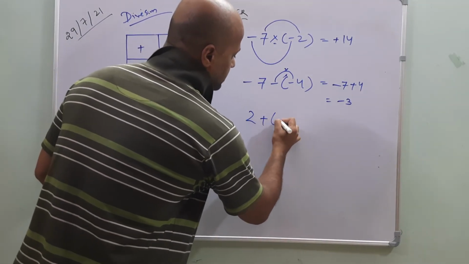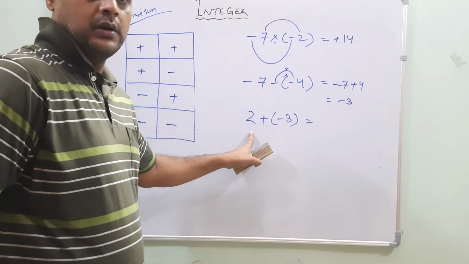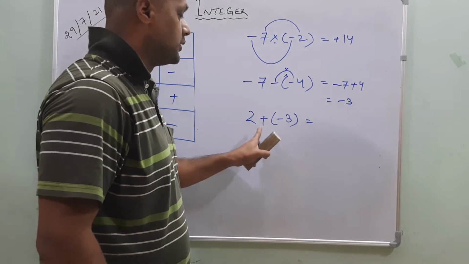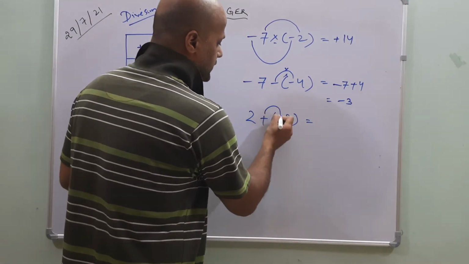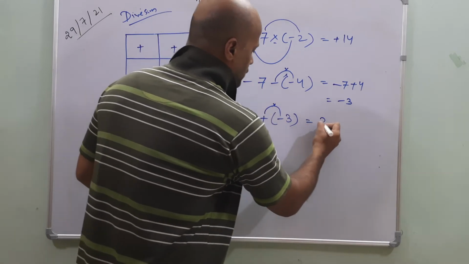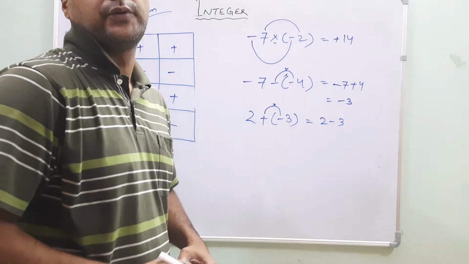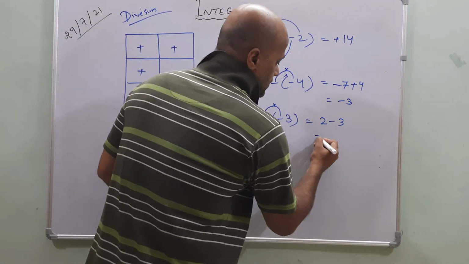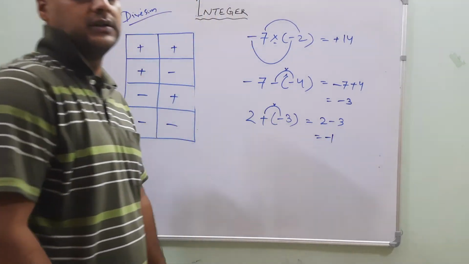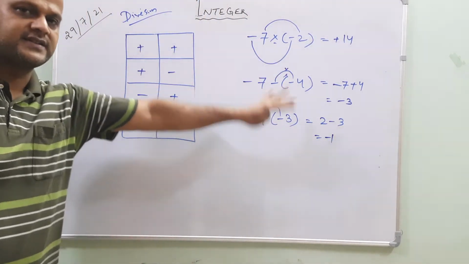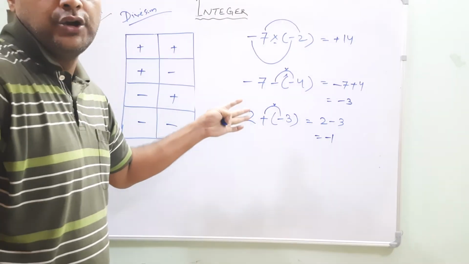Now addition. 2 plus minus 3. Here it is also the same case. One positive integer, one negative integer. But in both the cases addition is going on. So please first take out the bracket, multiply 2 by minus 3: 1 plus, 1 minus. What will we do? Same formula. That is what? Subtract the two numbers, put the greater value symbol. These are the few simplest examples we have studied in part 2.